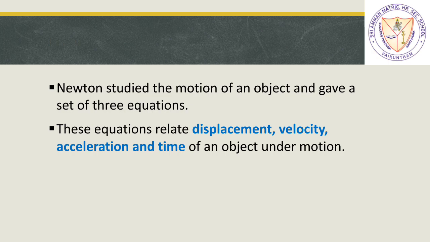So what do these equations do? They relate quantities. We have learned so many quantities, right? Like distance, displacement, speed, velocity, and acceleration. And all these we studied keeping in mind the quantity time. Here we will usually be talking about the vector quantities. The vector quantities which we have studied are displacement, velocity, and acceleration, right? So these 3 quantities along with time, these 4 quantities will be related.